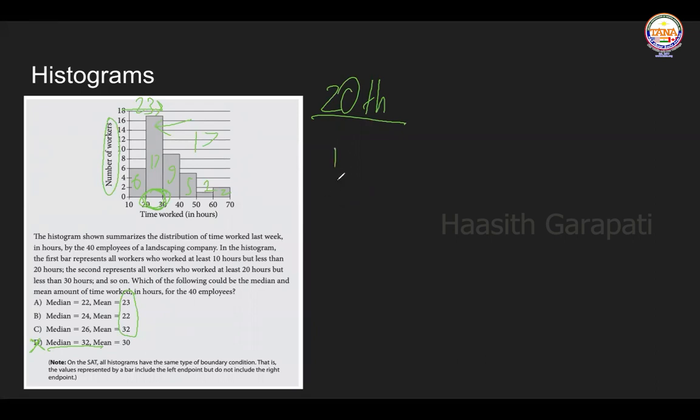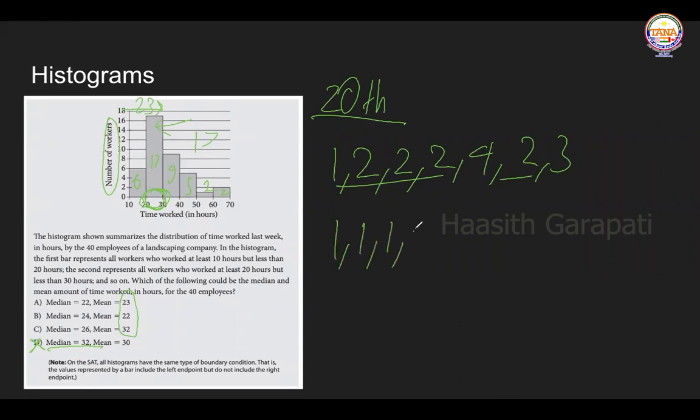For example, if you have a series of numbers like 1, 2, 2, 2, 4, 2, 3, you can say, okay, well, there's a whole lot of 2s, maybe the mean is somewhere around 2, pretty simple to imagine. But then if you have a sequence of numbers like 1, 1, 1, 2, 2, 3, 5, 2, and then you have